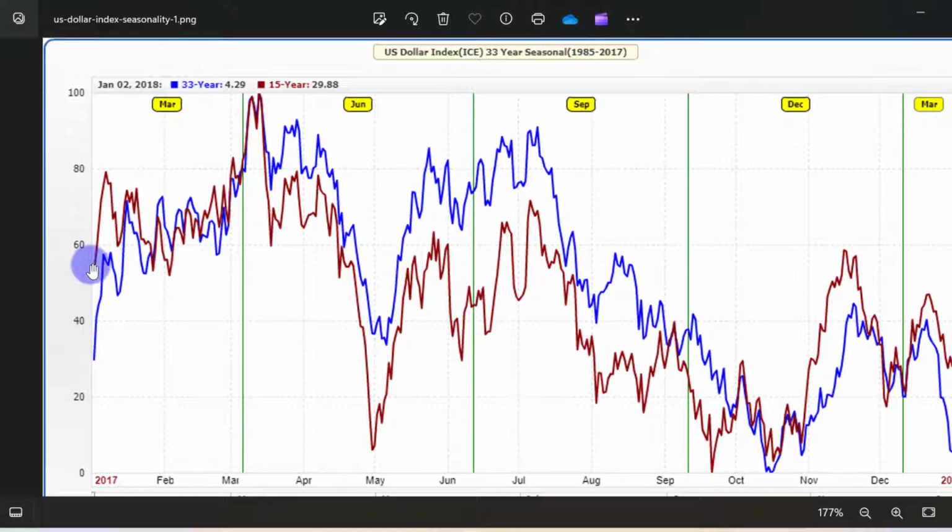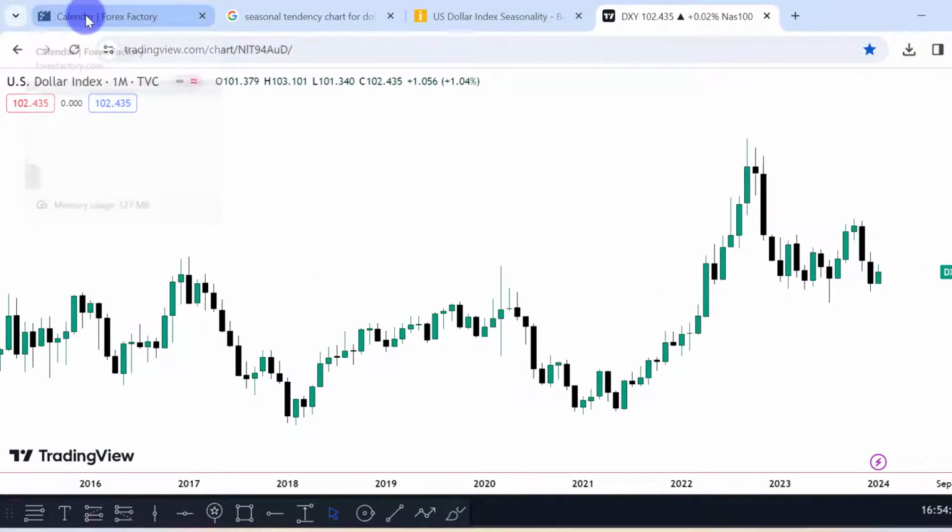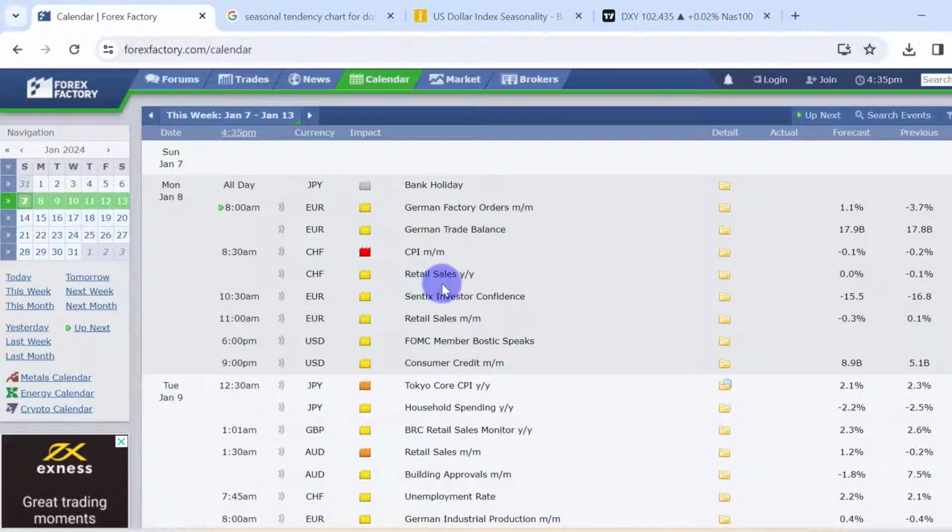All right, so we know that in the month of January we will anticipate a little bit of bullish price action and price going into consolidation towards the start of the month of March. That's what we're anticipating to see on the dollar index chart. Then we go to Forex Factory just to check the economic calendar, and what we want to do here is to know if there is high or medium impact news on the day that we are trading or in the week that we are trading, keeping in mind news events we should not be trading, like the NFP, the CPI and the FOMC.